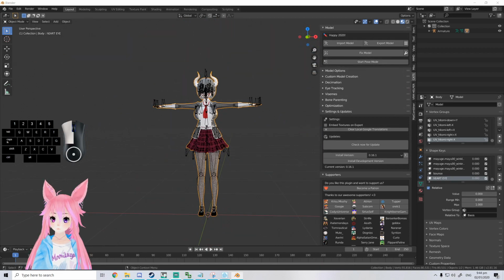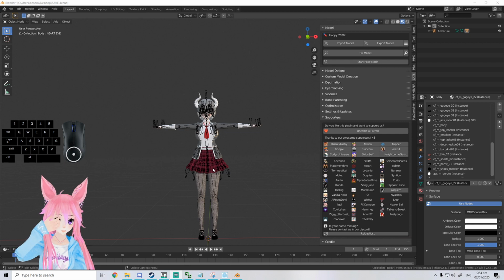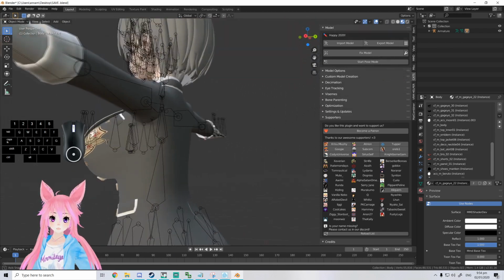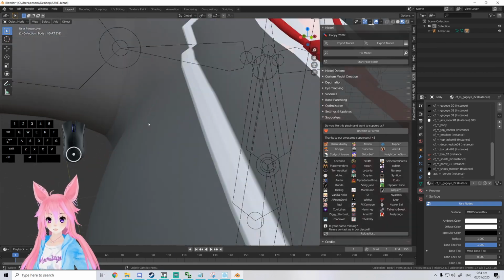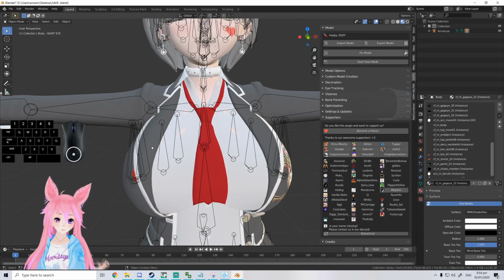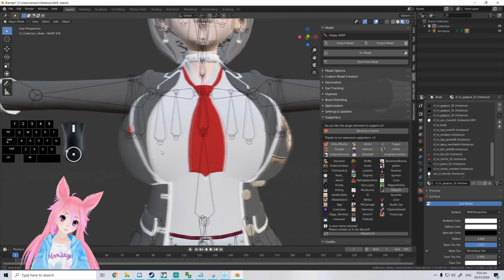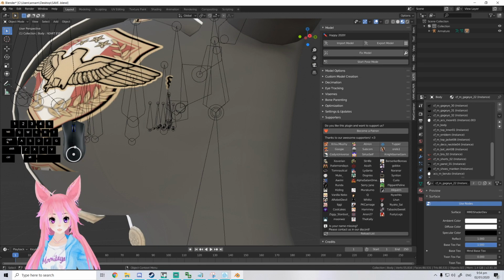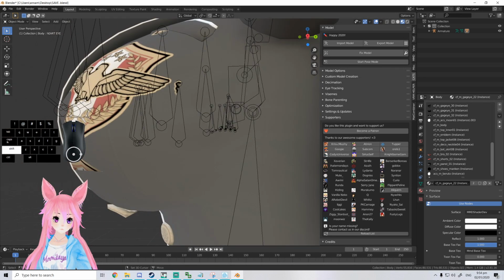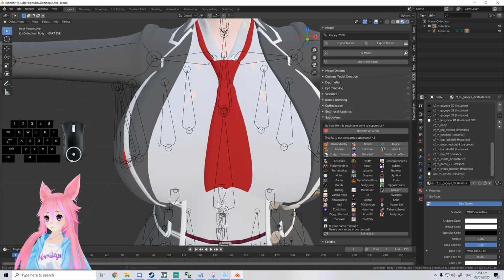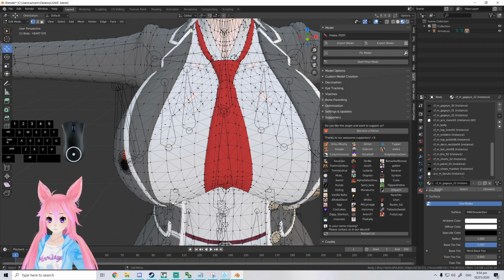Alright, so now the next step we wanna do is making sure that everything looks good. Now we can see there's a little bit of clipping, there's some skin clipping through. V-katsu is not perfect. There's the bra clipping through. You can see the nipples. But yeah, so we click on the body,